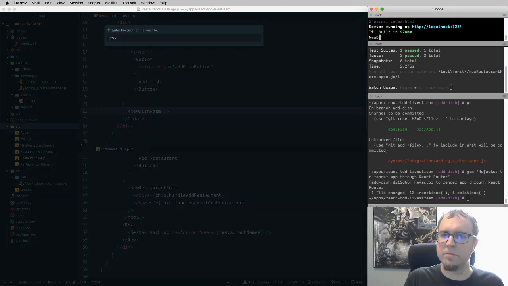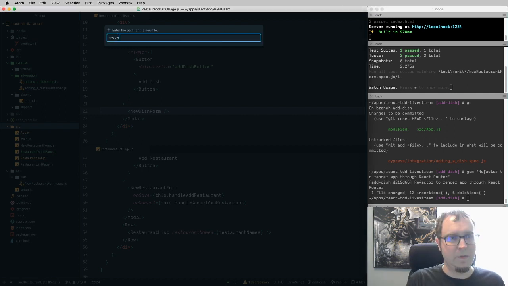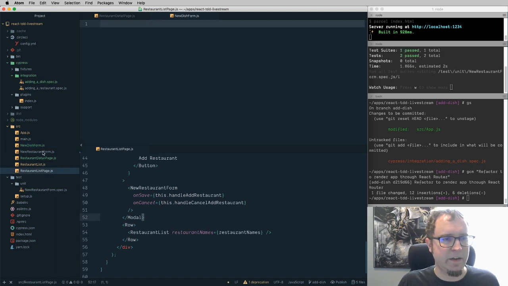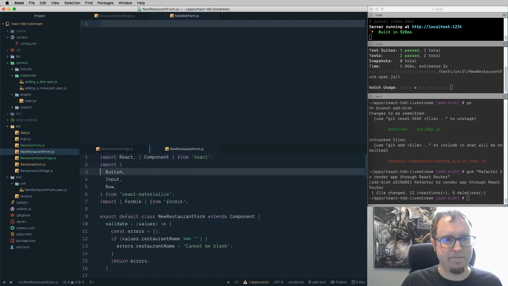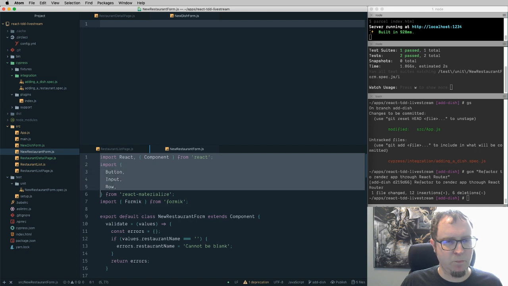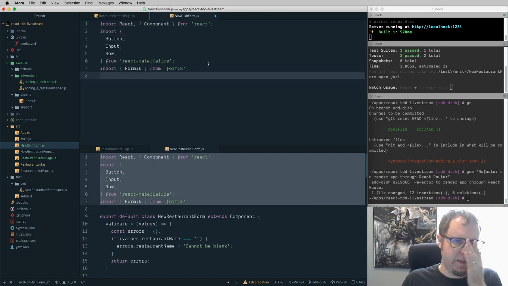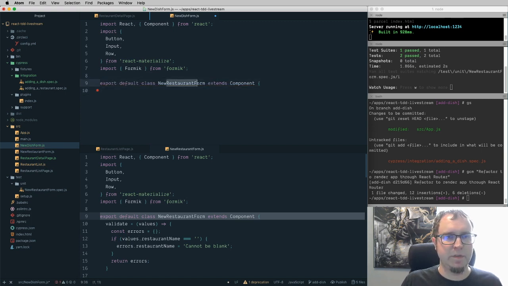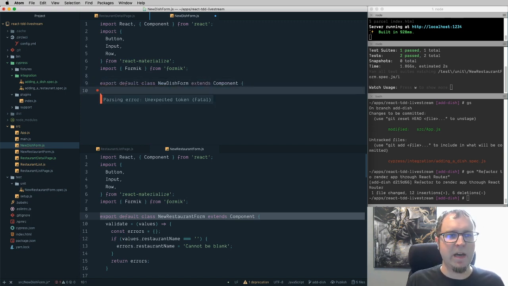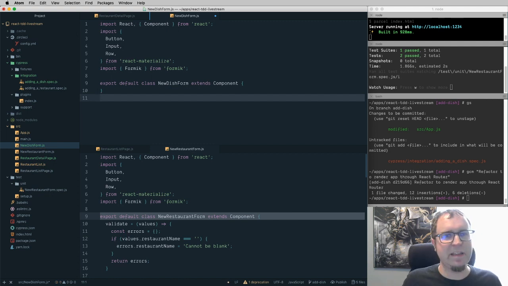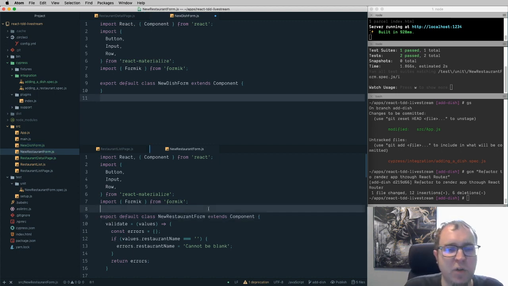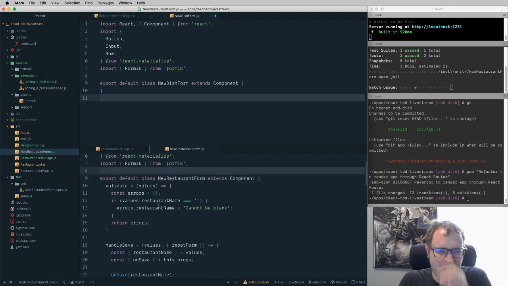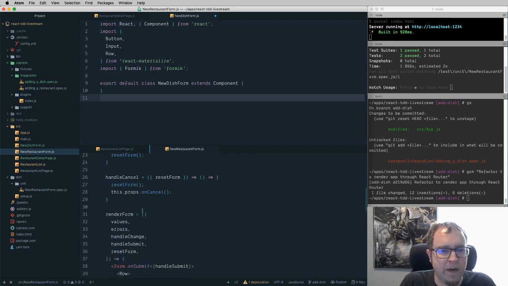New, nope, it's supposed to be over here. New dish form. And let's open up the new restaurant form down here to compare it. We are going to want all these imports, so I'm going to leave them in. New dish form. I probably wouldn't copy and paste code if I didn't understand it, but given that this is a pretty simple React form, I am going to just copy and paste over so that it follows the same approaches. I'm going to hold off on validate and handle save for the moment, and on handle cancel,